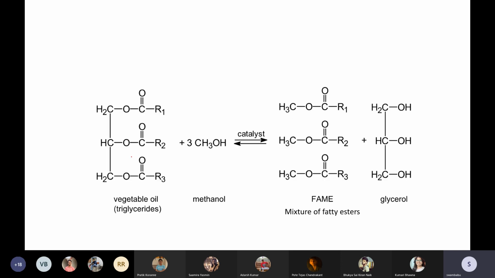So here, see, this is the typical reaction. This is the typical formula of vegetable oil. Vegetable oils predominantly contain triglycerides. So we have the hydrocarbon CH2 and triglyceride components there. When you react this vegetable oil with methanol, CH3OH, in the presence of catalyst,